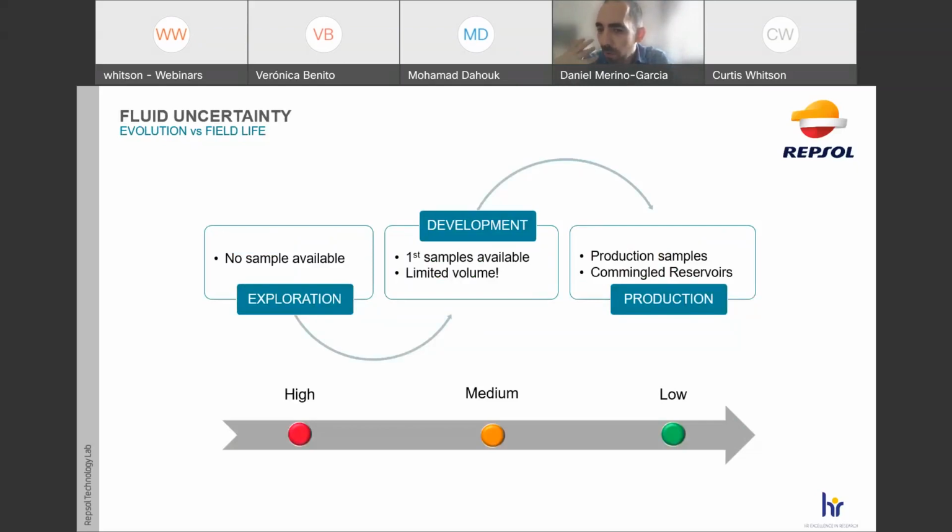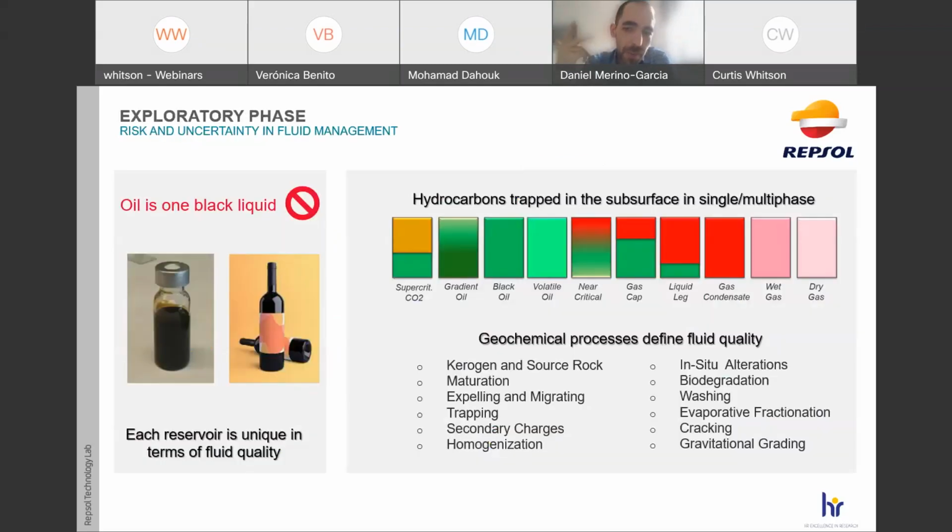That's why we need a workflow to address issues related to fluids, even at such early stages, because there will be questions asked about the fluid quality and what are the implications, even before taking the first sample in this exploratory phase. So trying to come up with why there is so much uncertainty, I would say that it comes back to those, let's say, early textbooks where it looks like an oil reservoir is like a subterranean lake with just one single fluid. Of course, once you enter into the oil and gas industry, you realize there are different types of phases,